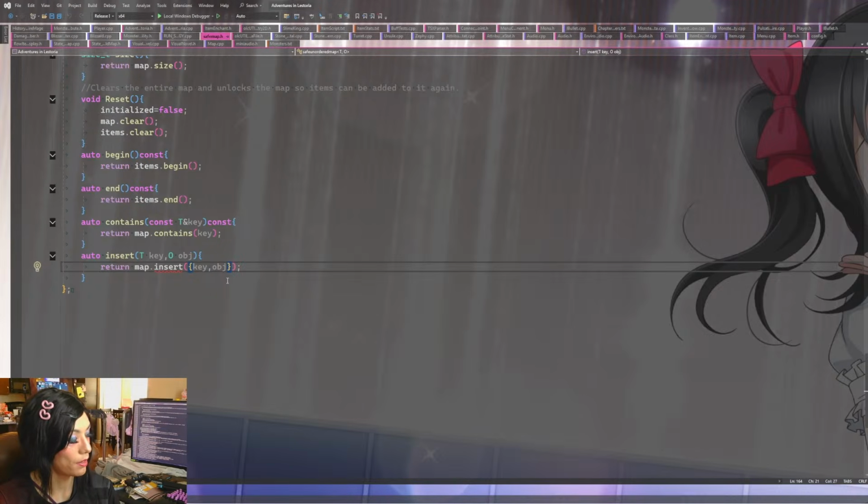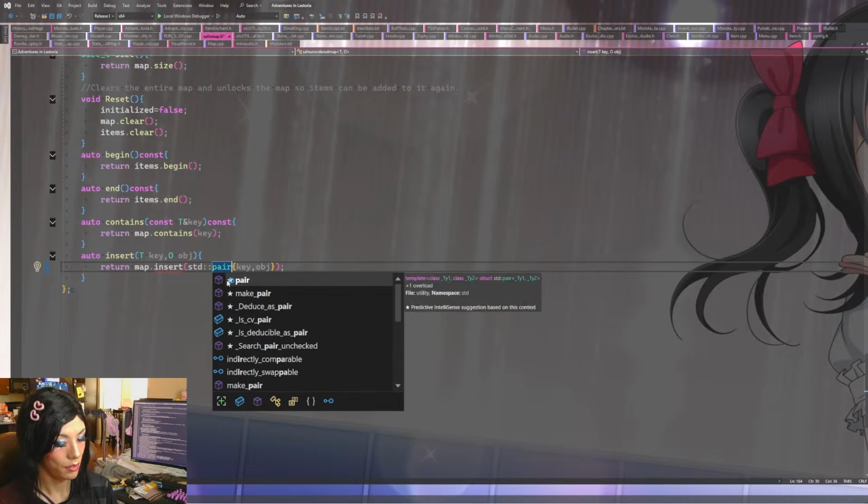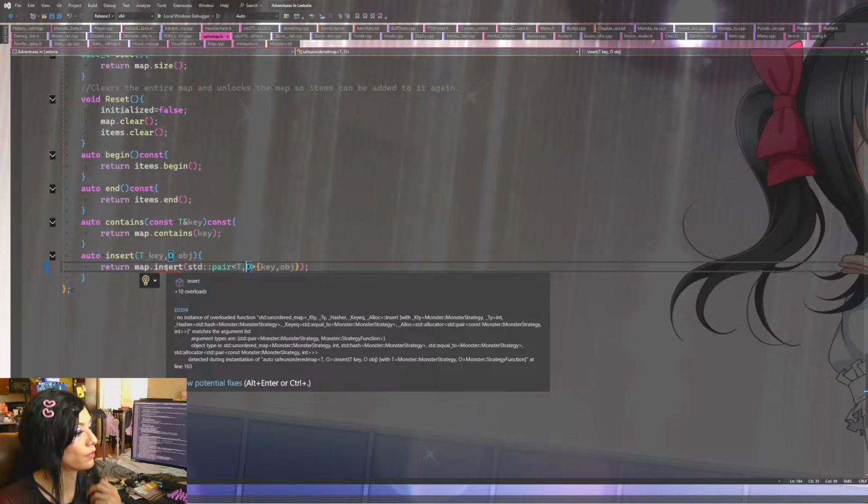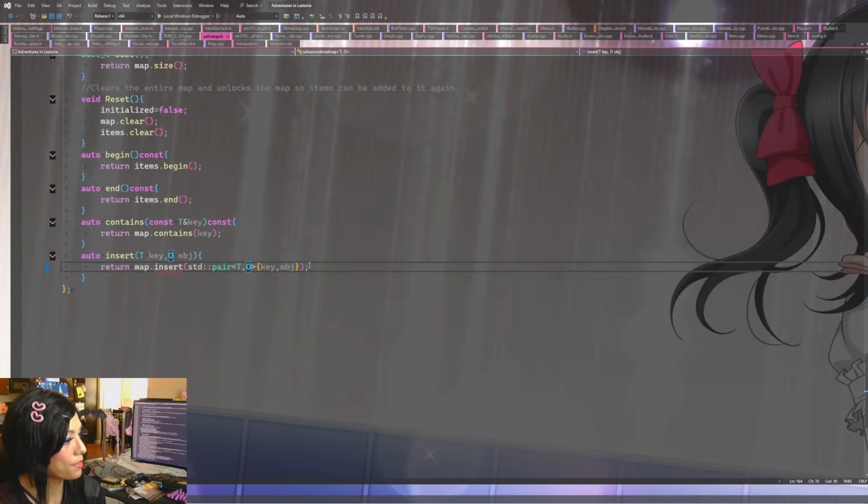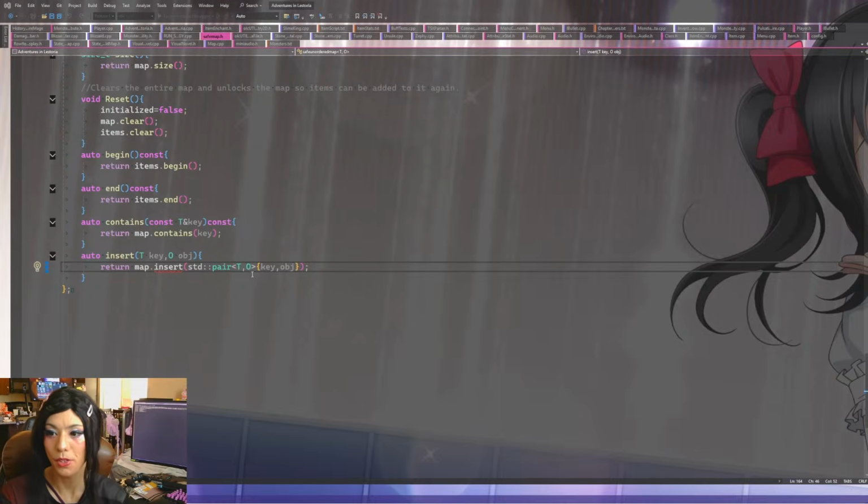It should be standard pair, T comma O. IntelliSense doesn't like that, but let me see. But that's what it should be, to insert it into the map's insert function.